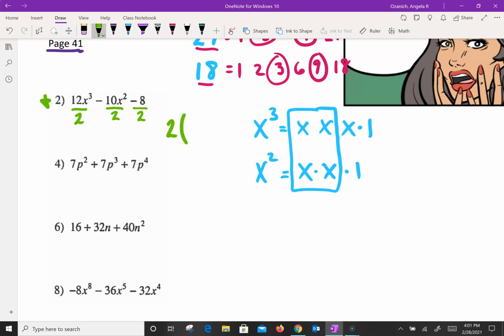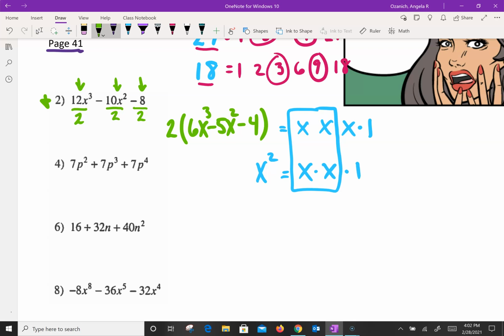And then what goes in the parentheses is the value that is left after you divide out that common term. All right, so the 2 is going to go outside the parentheses. In the parentheses, we get 6x cubed minus 5x squared. And I'm running out of room over here. Let's get a little extra room, and minus 4. Okay, now,